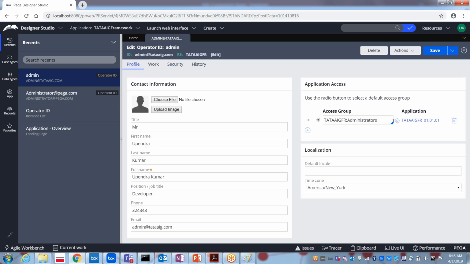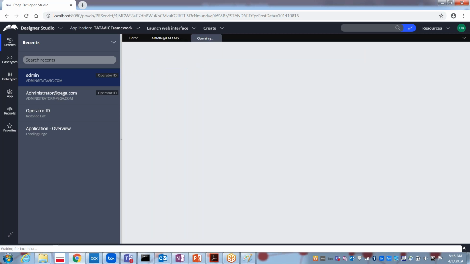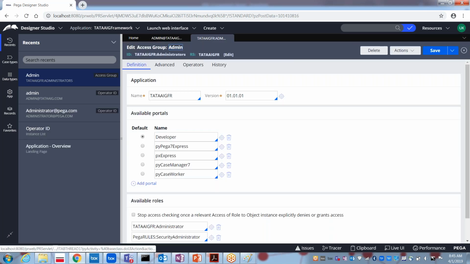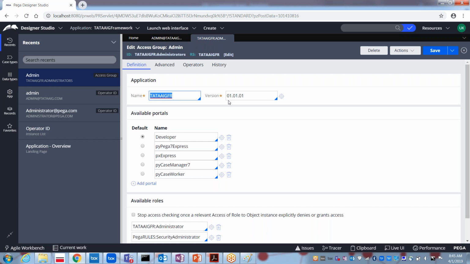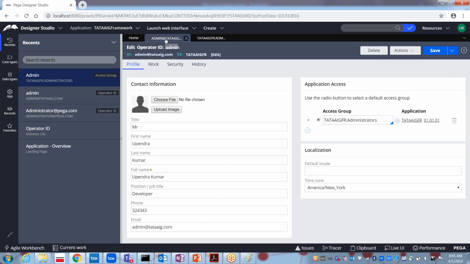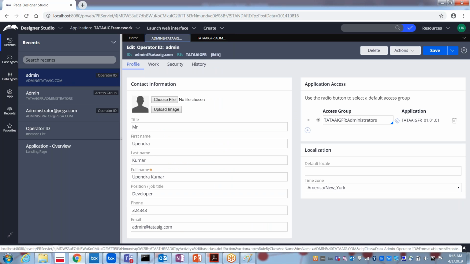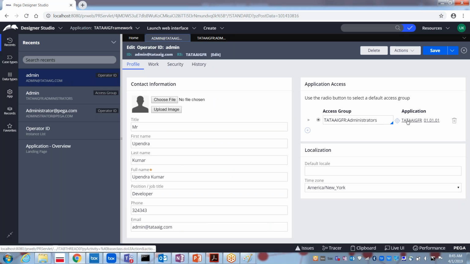Now if you want to open this access group, here you have something called the open option. Okay, select open. So when you open the application access group, under the access group again, the application on which you are working, Tata AIG FR, even here you are able to see that application to which this access group is mapped.